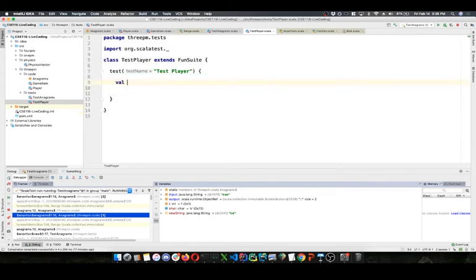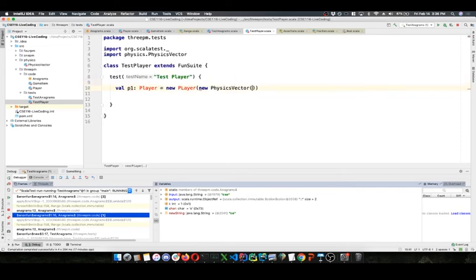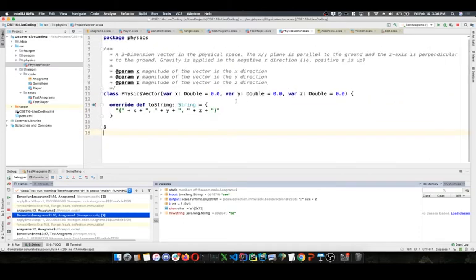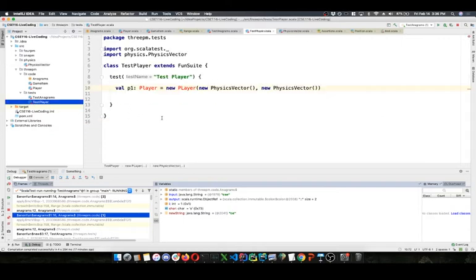I want a player. We're not going to mess with the physics vector stuff, so I'm just going to give it 2 default vectors, using this physics vector class. It's a 3-dimensional vector, x, y, and z all default to 0, and then I have a little toString to be able to print it out.